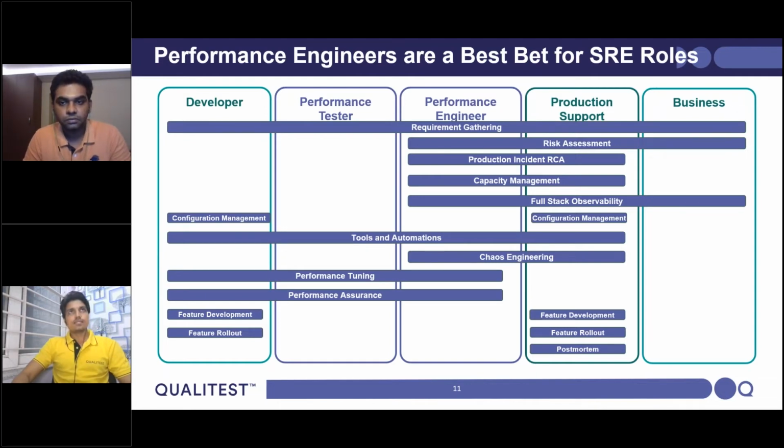Makes sense. I think that's pretty clear. You will have to be on both shift left and shift right equally. SRE is a highly demanding skill in the industry currently, and I think every organization is struggling. Probably this roadmap will also help show how a performance testing team can be enabled to become successful SREs. But when we speak about any capability building, we typically speak about the trio of people, process, and tools.